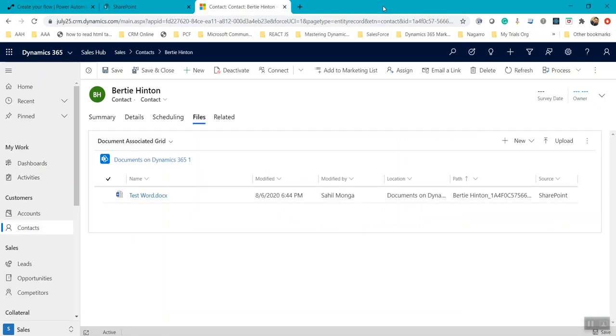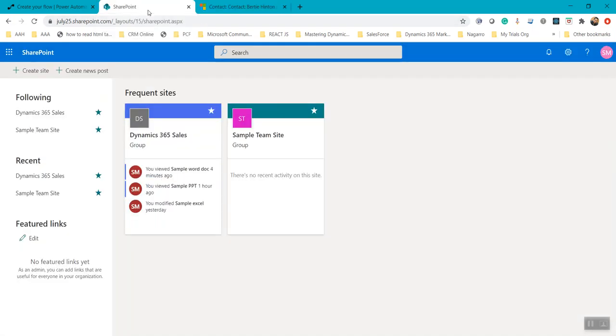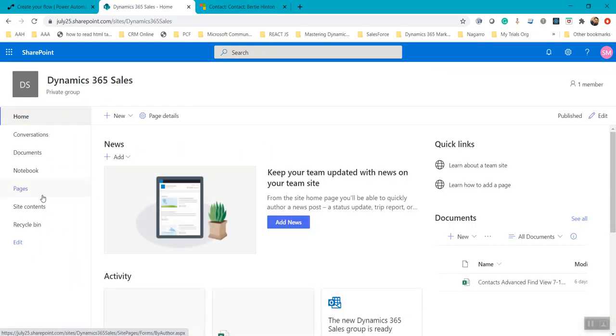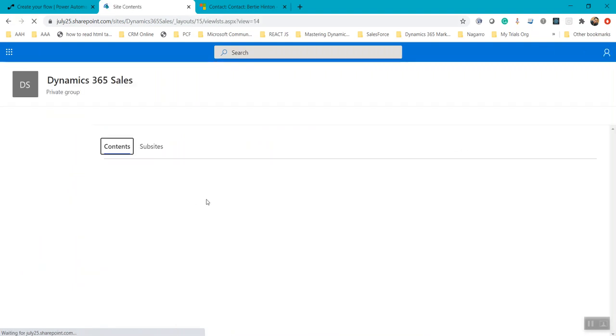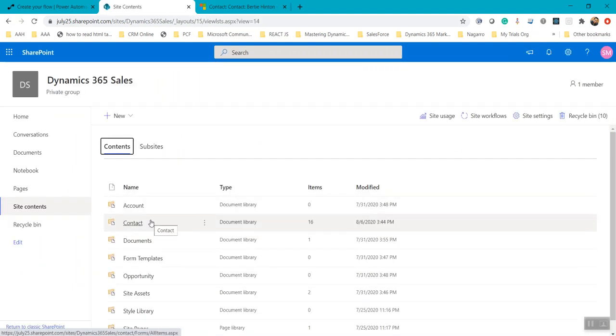So I can close it. So this is the test Word document. And if I go to the Dynamics 365 SharePoint, so here is that. I have two sites in the SharePoint. This is the top one, Dynamics 365 sales, which is integrated with my Dynamics. If I hit this site contents, these are the different folders for the different entities. All the attachments related to the contact entity would go under this folder, contact,